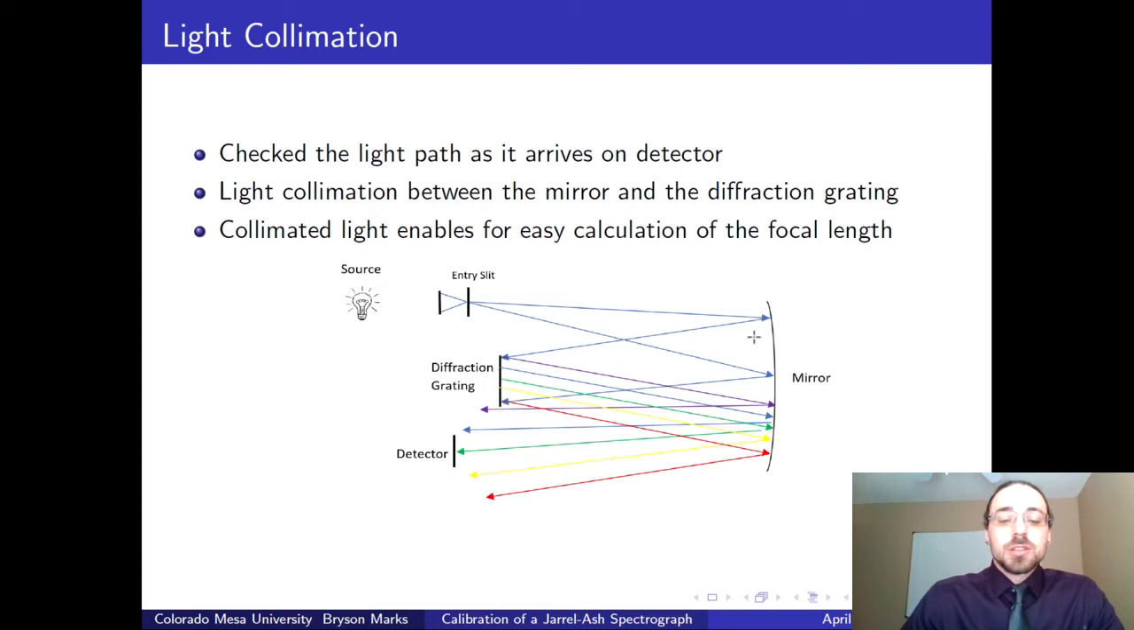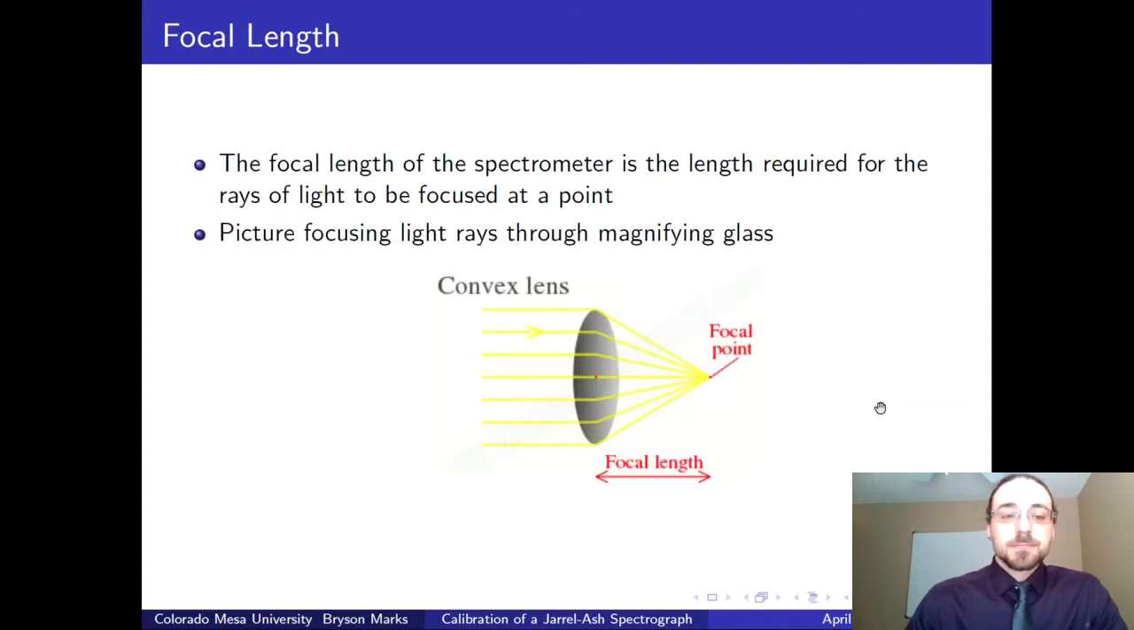Now they'll travel towards the diffraction grating and split into its individual wavelengths, but remain collimated as it travels towards the second subsection portion of the mirror. Once it makes contact with the second portion of the mirror, the light will be focused towards the detector. Now, light collimation enables easy calculation of the focal length of the spectrometer. Now, the focal length of the spectrometer is the length required for the light rays to be focused at a